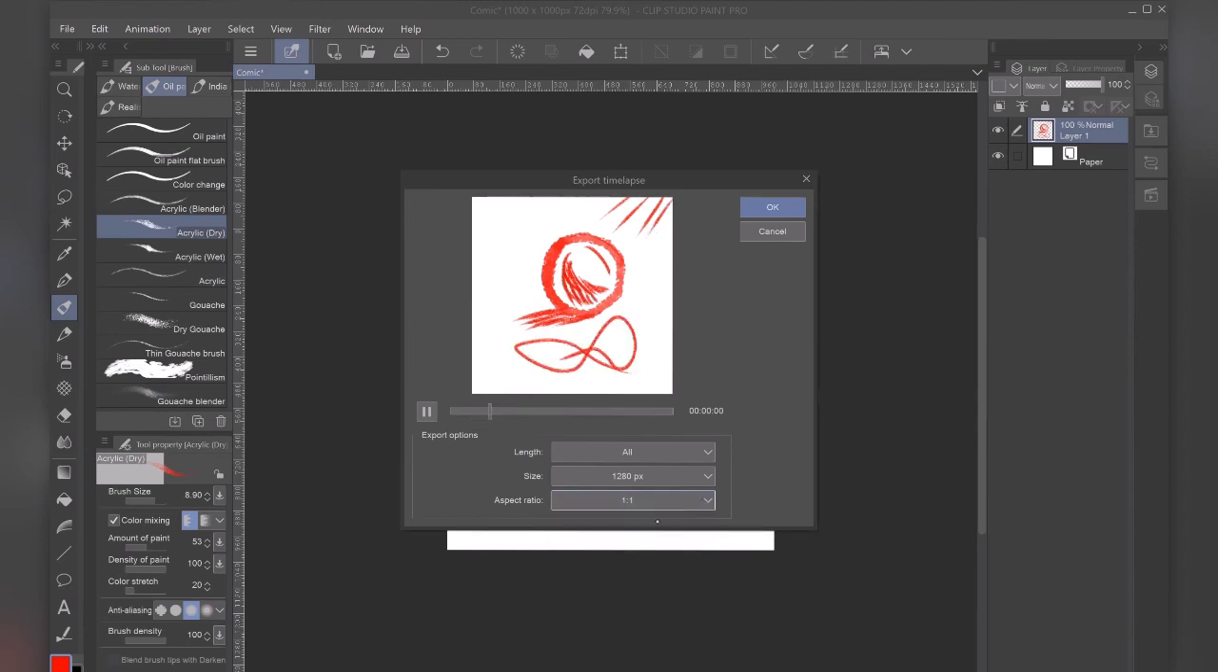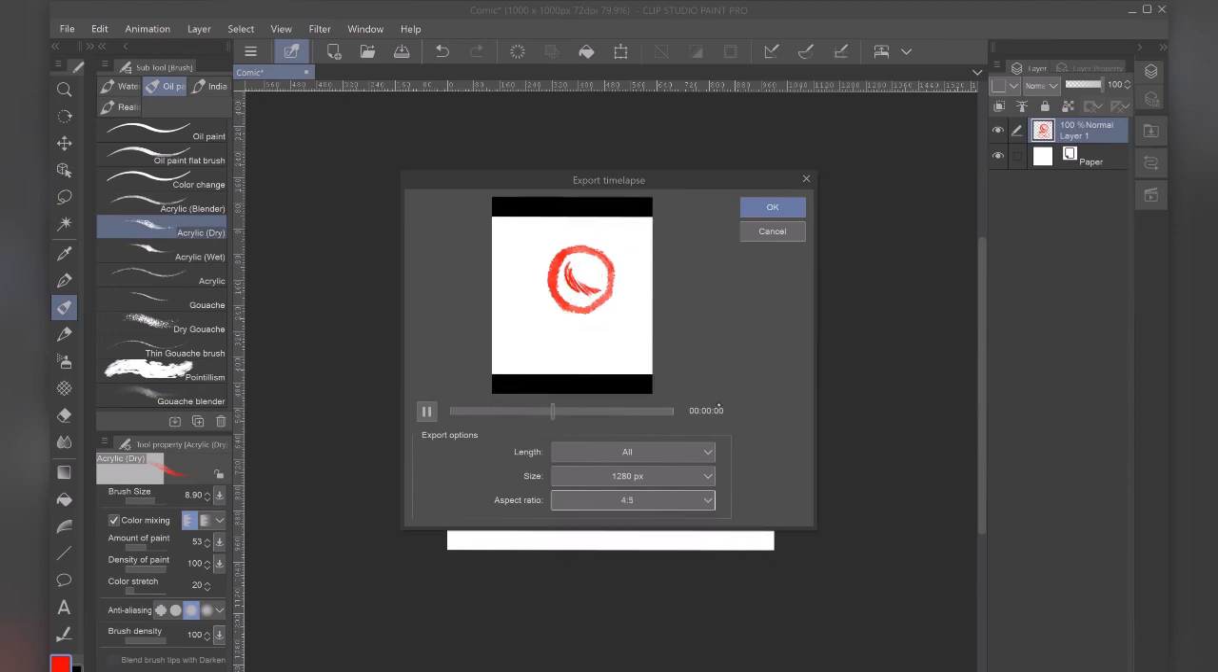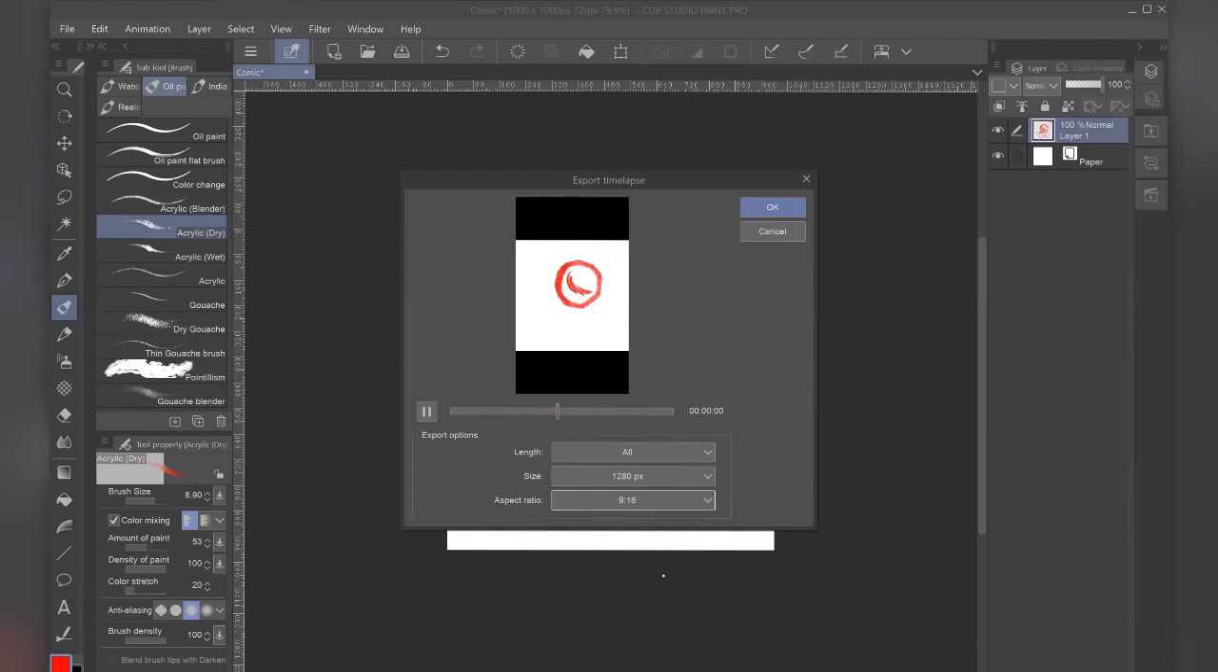One to one, nothing changes. 4:5, I think that might be TikTok, but there is one of these ratios that's going to be perfect for TikTok as well. And lastly, 9:16, which is like Instagram stories. So if you click OK,